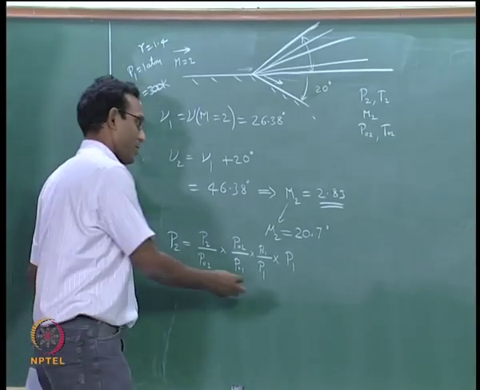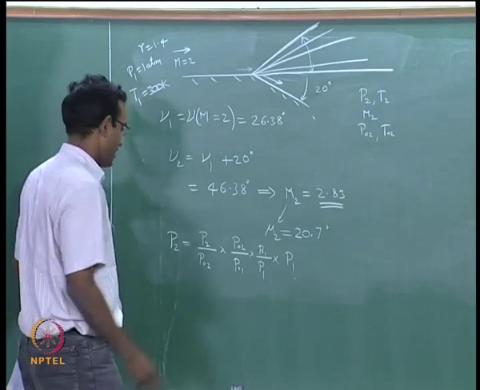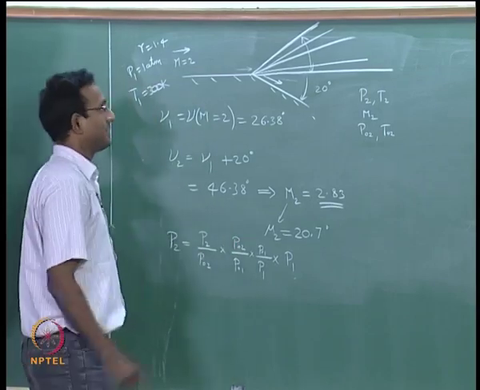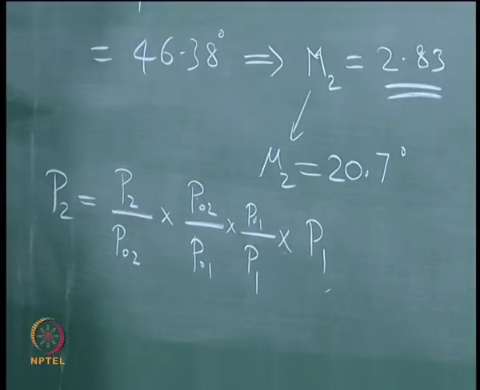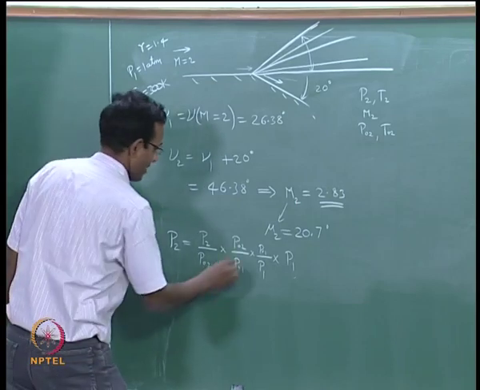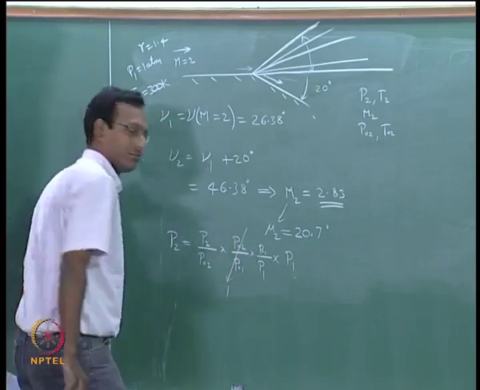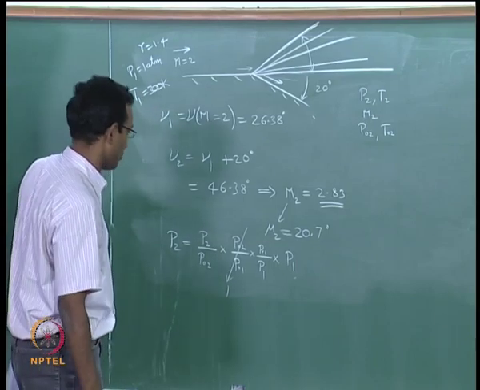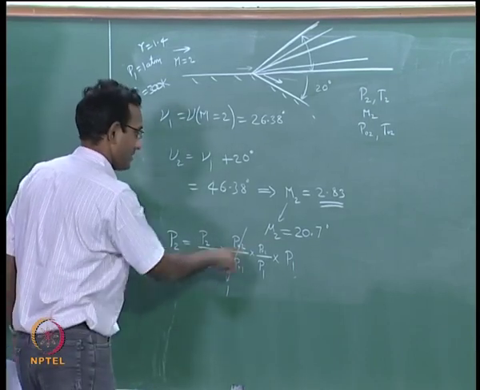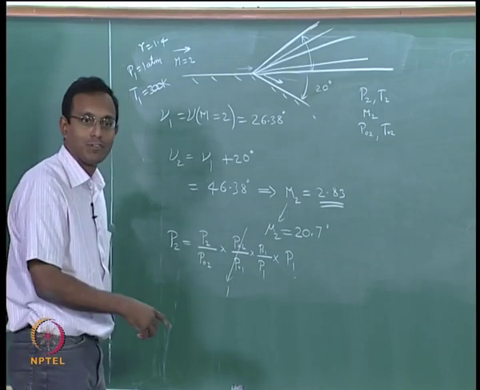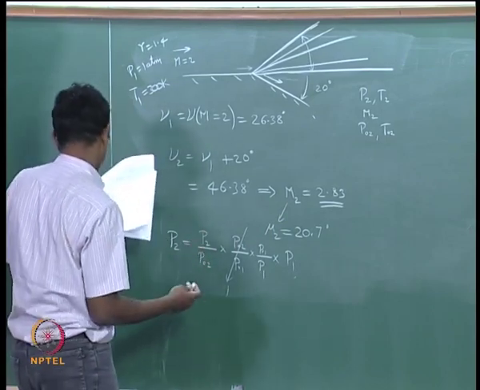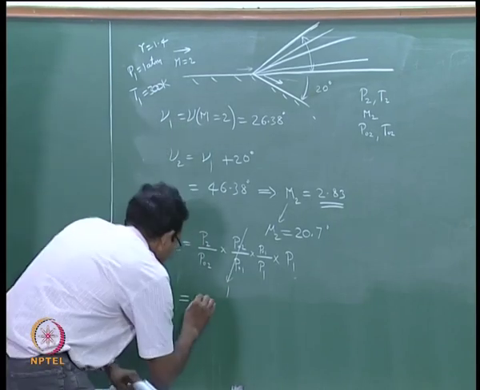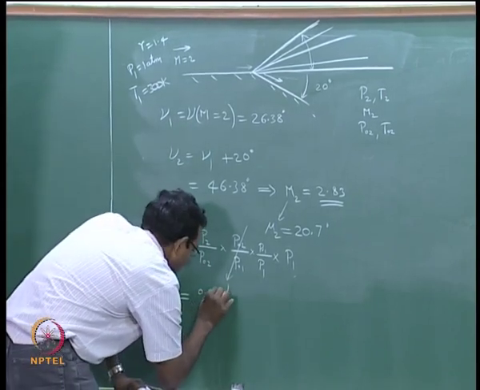Okay. Now, we know that this is 1 atmosphere, remaining numbers we have to find. Since it is an isentropic expansion, I can say that P naught does not change, we did this long back. It is also T naught does not change. Anyways, here I will make this 1, P naught does not change, so this P naught 2 is equal to P naught 1. Remaining things is just numbers I have to find from isentropic flow tables. For M2, P by P naught is given in my tables, and that is 0.0352.